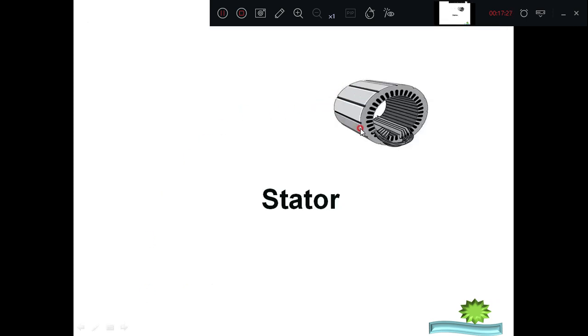You can see here it is a stator core. It is made up of laminations. It looks like a solid body, but it is made up of laminations, and on its inner periphery, we see a number of slots. In these slots, the armature conductors are placed. One set of slots is meant for the R phase, another set of slots is meant for the Y phase, another set of slots is meant for the B phase, and 3 different windings are wound. The same number of conductors and the same material is used, they are all identical, but we have 3 windings because it is a 3-phase alternator.